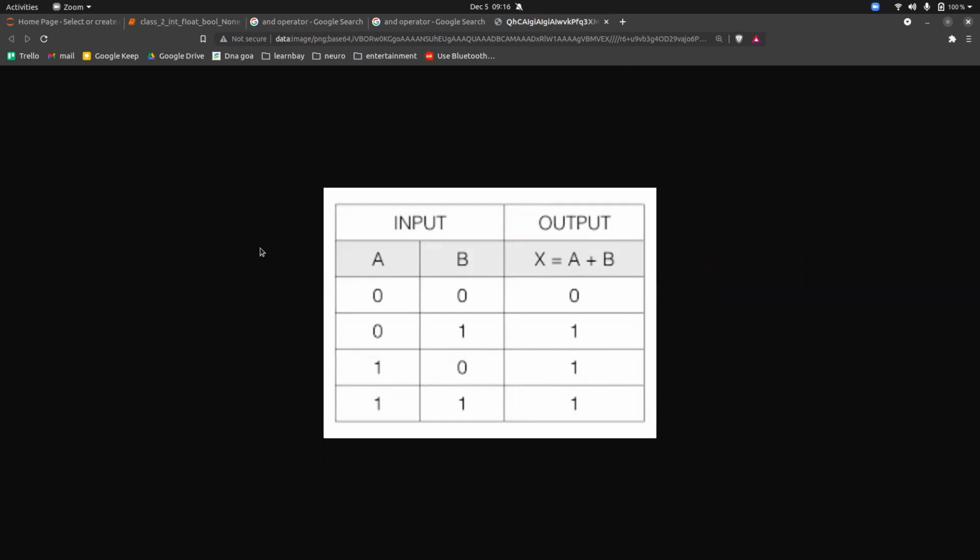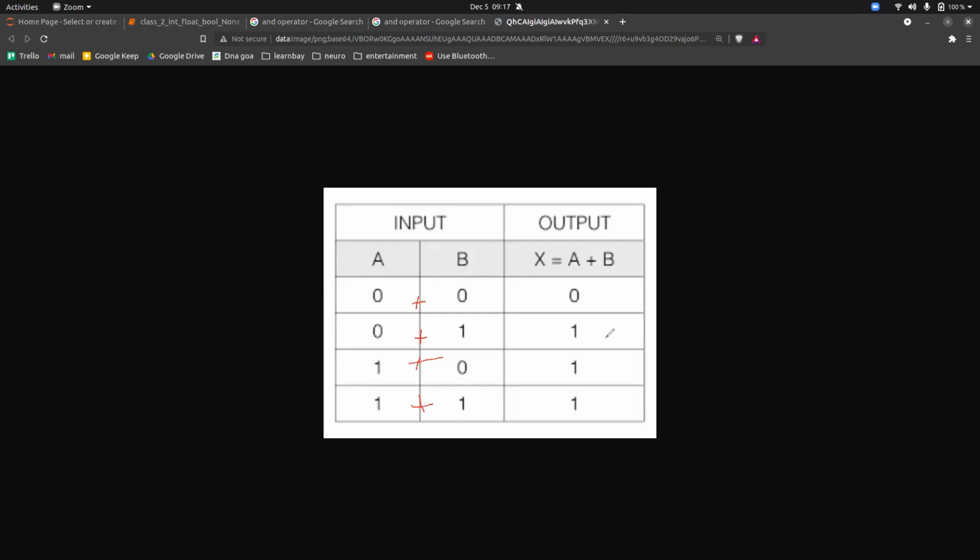Now, when I was in my college days, how I used to remember it is that I just used to do plus, plus, plus, and plus.